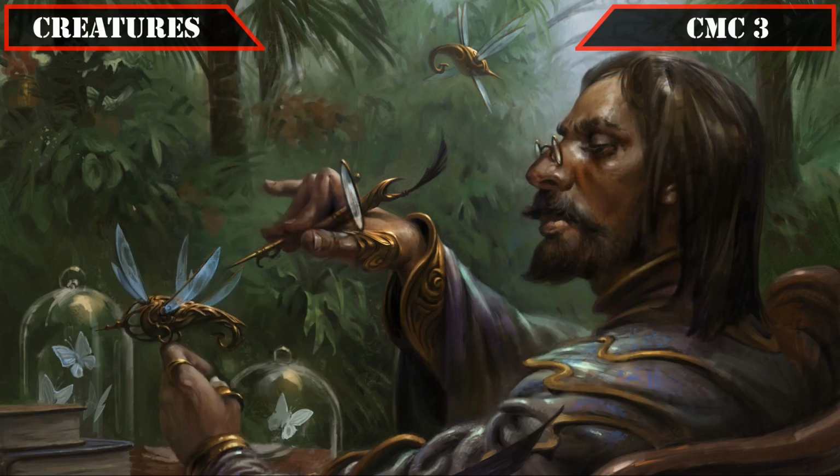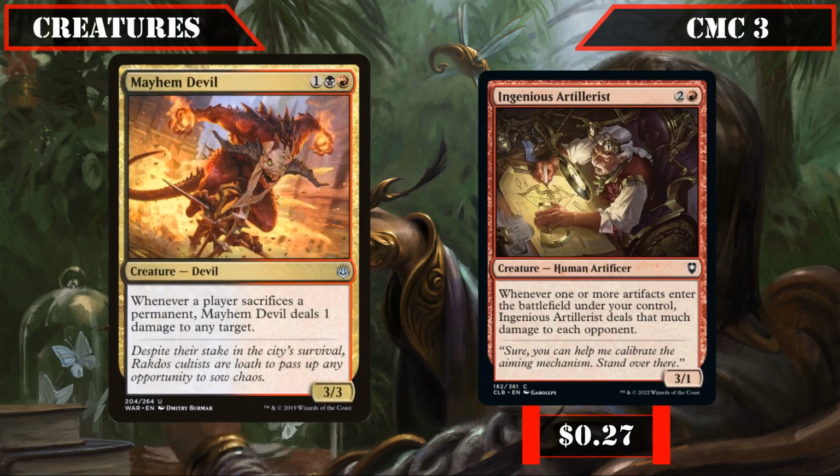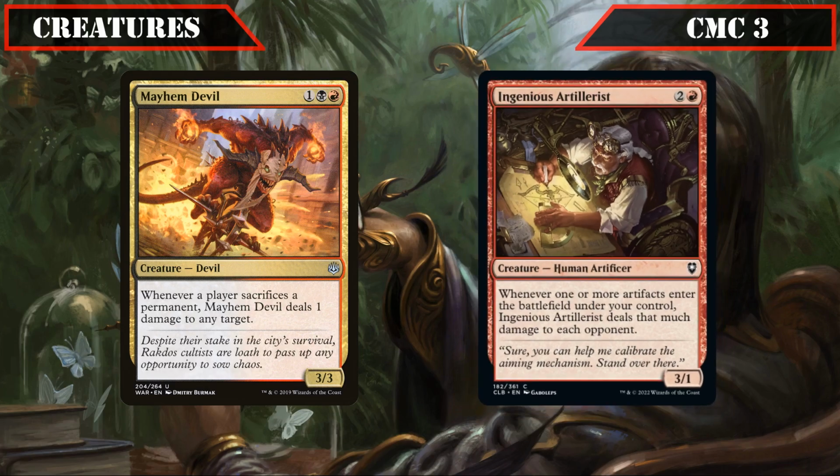We then have some additional sources of damage and burn closing out this slot with Mayhem Devil and Ingenious Artillerist, the former being a 3/3 that deals 1 damage to any target whenever a player sacrifices a permanent, and the latter being a 3/1 that, whenever one or more artifacts ETB under our control, deals that much damage to each opponent, each taking advantage of our high volume of sack effects and artifacts respectively to continue piling on the damage